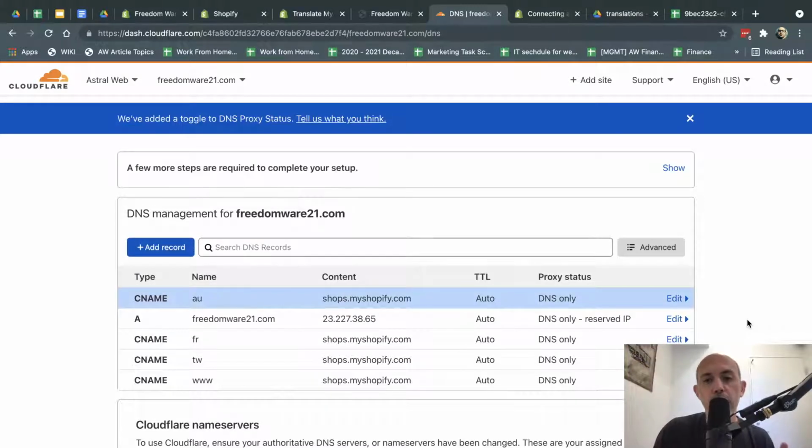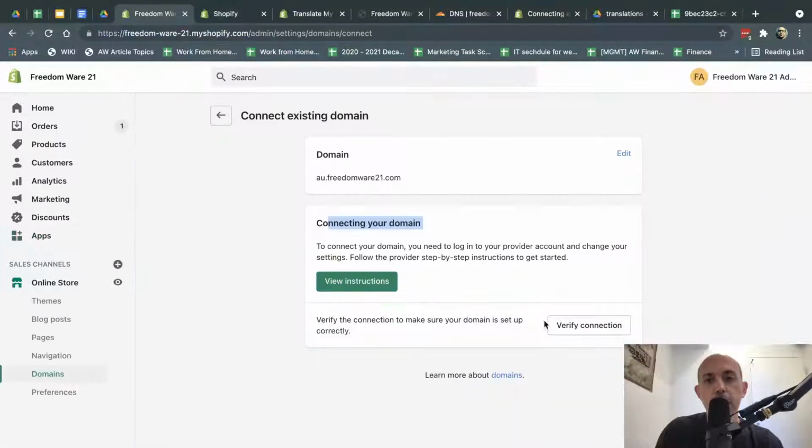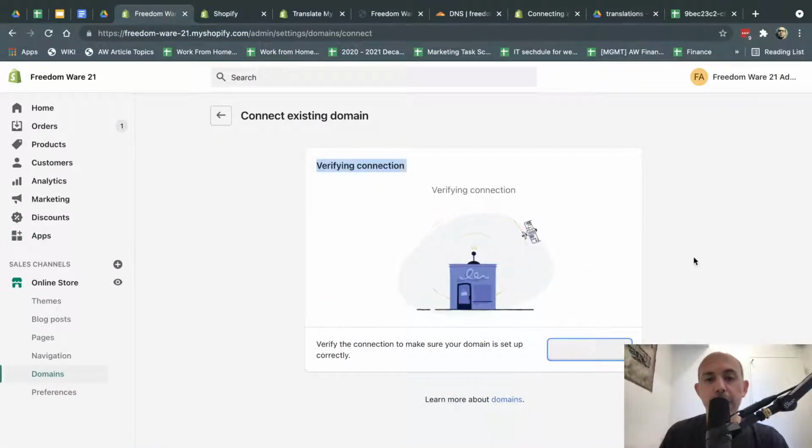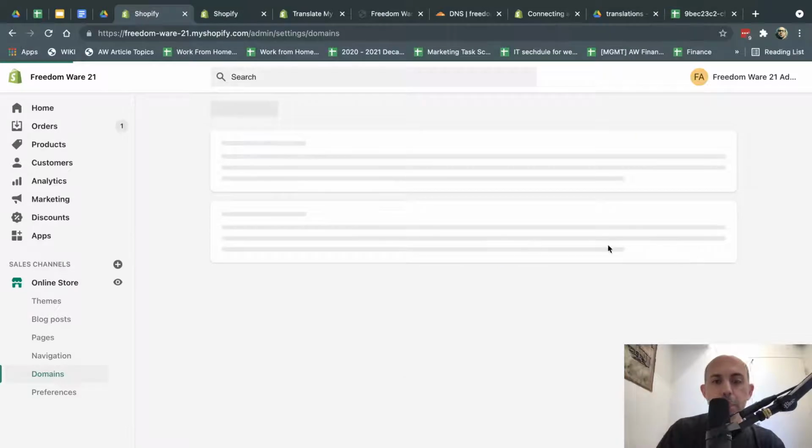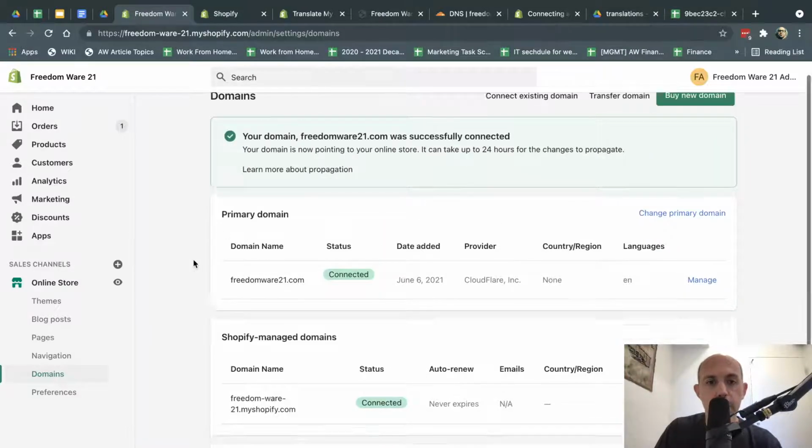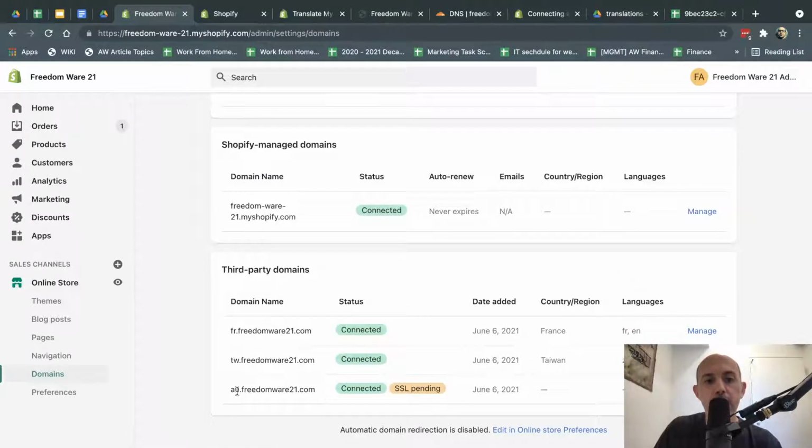Once I've connected all of my country domains, I'm going to go back here. I'm going to set it up and I'm going to click on verify. If I did that correctly, it's going to connect another subdomain or another domain. It doesn't have to be a subdomain. Okay, perfect. And so once it does that, you'll see it's pending. Typically, it takes just a few minutes. Once it's there, then I can go there.